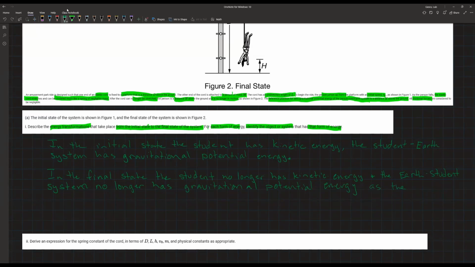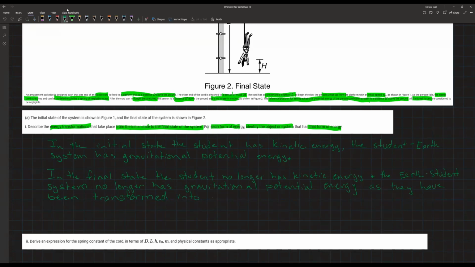We have stretched this spring. We are at the lowest point in our path. We have no gravitational potential energy. The student is no longer in motion, so there is no kinetic energy. Well, where did all that energy go? Well, it was transformed